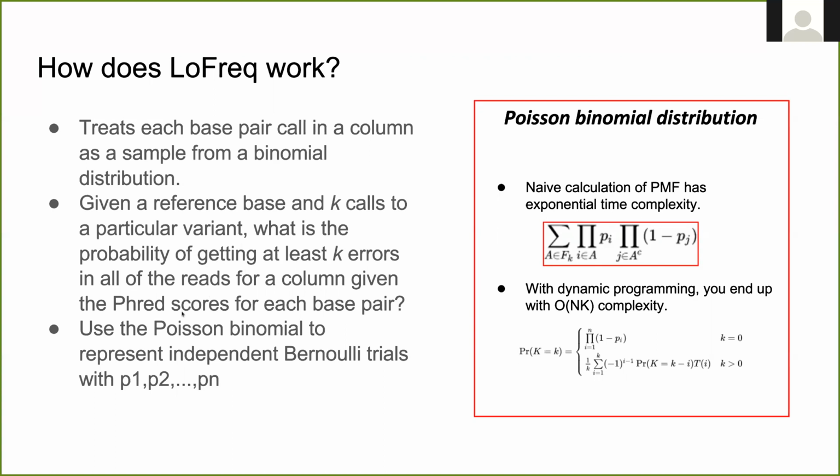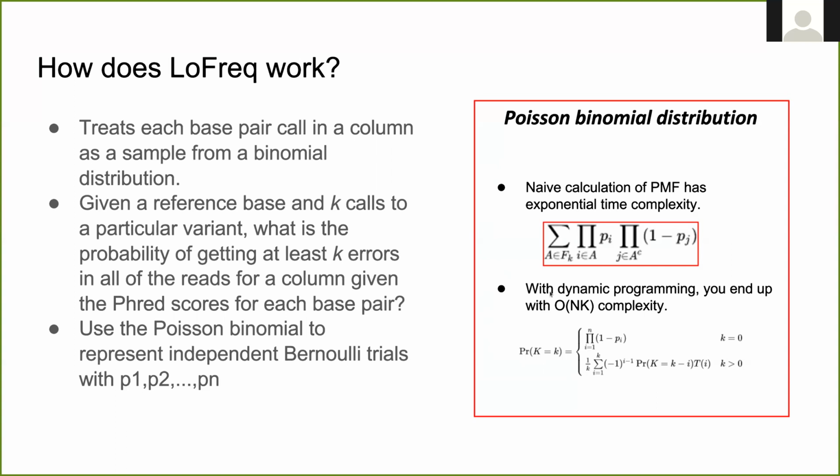And this ends up being the Poisson binomial distribution, where each of the independent samples is a Bernoulli trial with its own independent and not necessarily identical probability. So that's the key here, that the probabilities are not identical. To calculate this distribution, we have a naive formula on the right. f sub k here is actually all of the subsets of size k. And quickly we see that obtaining all the subsets of size k is exponential time complexity. So we quickly jump to something a little bit more reasonable.